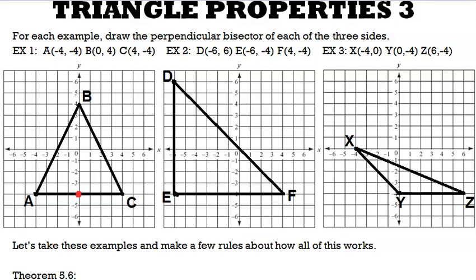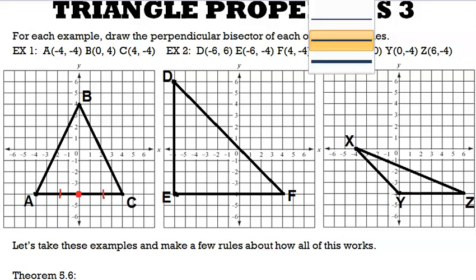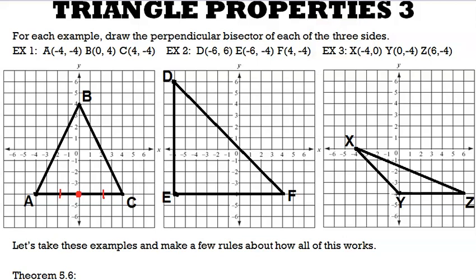Now, hopefully you learned this already. In order to be a perpendicular bisector, it has to be perpendicular and bisecting. Whenever it comes time to draw a perpendicular bisector, you should be grateful when you see a horizontal line, because what's perpendicular to a horizontal line? Well, it's got to be a vertical line. So the easiest way to take care of this first perpendicular bisector that I'm going to draw is just to draw a vertical line